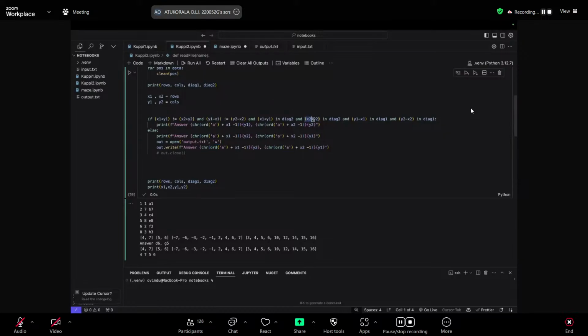Next, I check if there is a possibility for the current position that I selected to be attacked by another piece. Currently the values in diagonal 2 and diagonal 1 are the diagonals that are not being attacked, because I removed the values which are attacked by a queen. So I check if the current diagonal exists in diagonal 1 and diagonal 2.